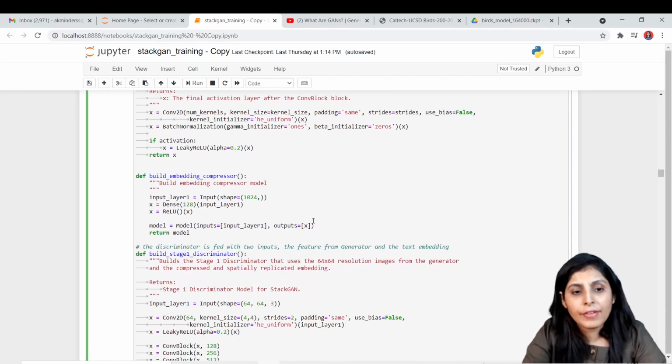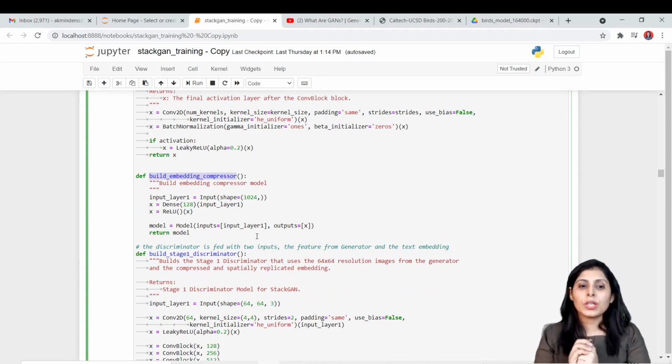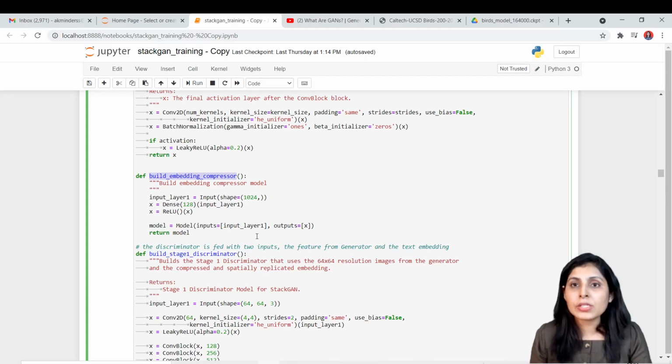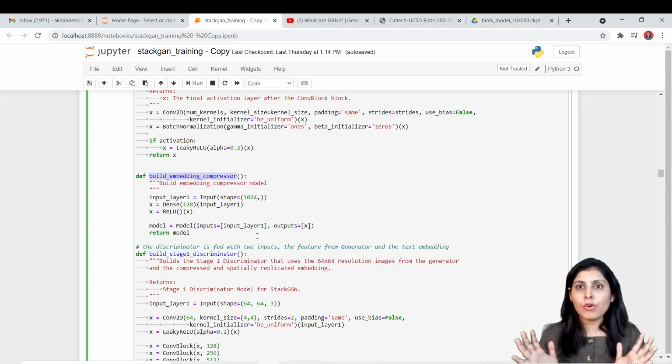And then we have another function, build embedding compressor. So guys, from the name only it is clear, embedding compressor. Basically what we want is, we want to compress our embedding vector. Why do we want to compress our embedding vector? Because let's suppose you have lots of vocabulary, there are thousands or millions of different words present in your data set, right?